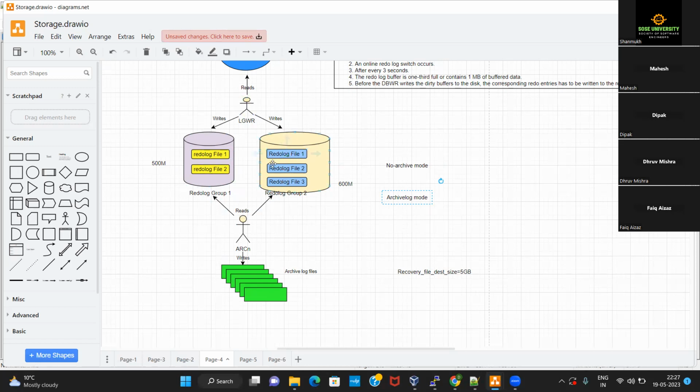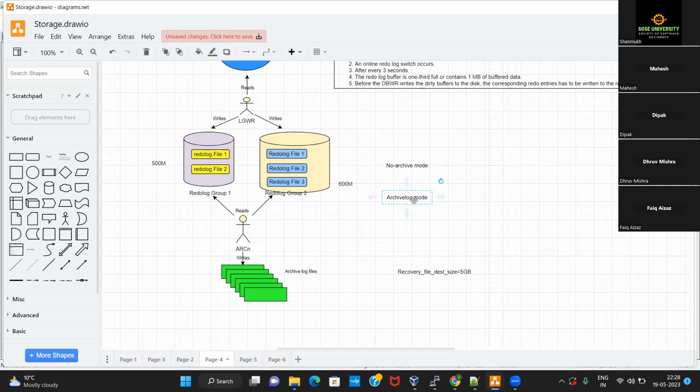Once LGWR has utilized all the space present inside redo log group 2, it will come back to group 1, and it will start overwriting because these entries have already been copied. So when LGWR came back to group 1, this archiver process got activated and it will start copying all the entries from this group into the archive log files. That specific kind of configuration is called archive log mode.